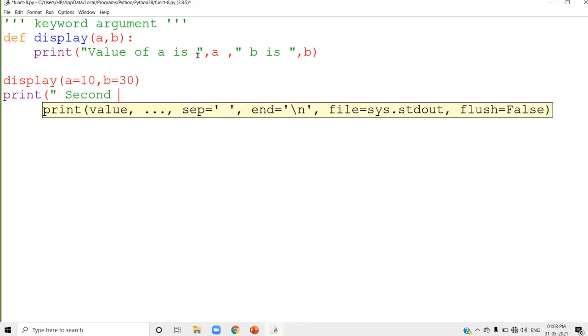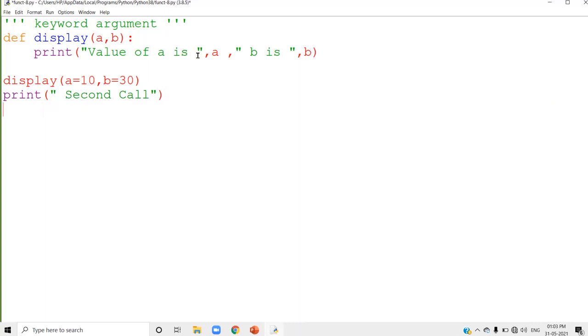I'm calling the same function a second time. Second call, this is just a message. And I just call the function display, reversing the order: b equal to 100 comma a equal to 300. Here also b is passed to the b variable itself and a is passed to the a variable itself. It is not passing according to the position.